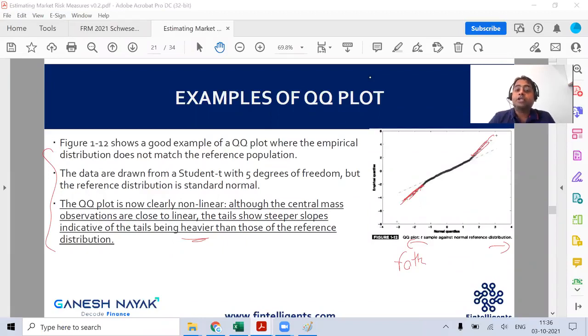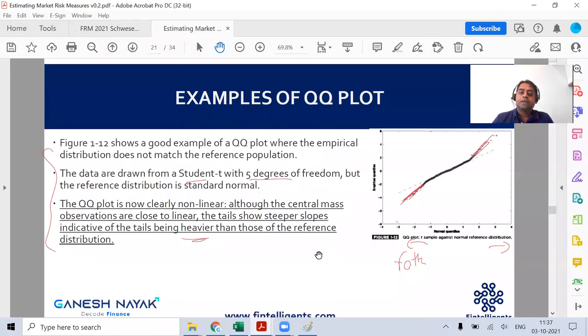And why is it actually coming as fatter? Because the slide also talks about that my assumed distribution was normal, but my actual data was a T distribution with 5 degrees of freedom. If you take a T distribution with lower degrees of freedom, it will obviously have a heavier, fatter tail as compared to the normal distribution, which is replicated in the diagram. Right? Yes. Okay, perfect. We'll see one more question coming on this line. So this is what the QQ plot primarily tells you, whether my assumed data and my actual data match or not.